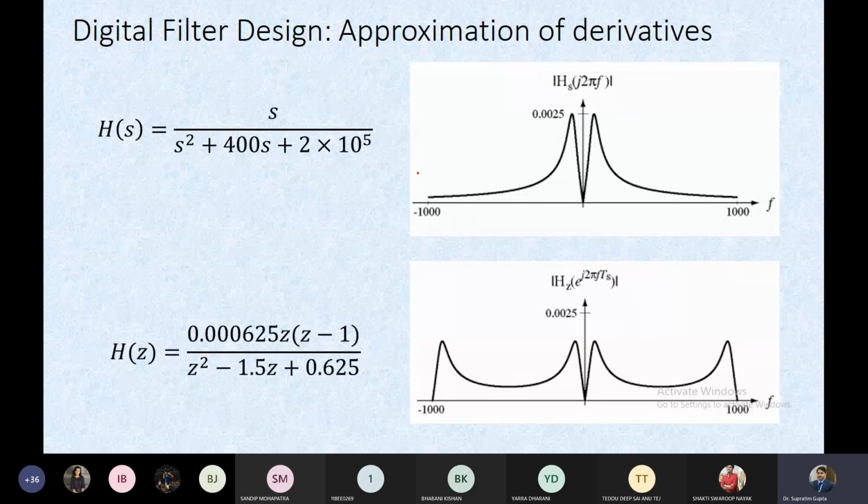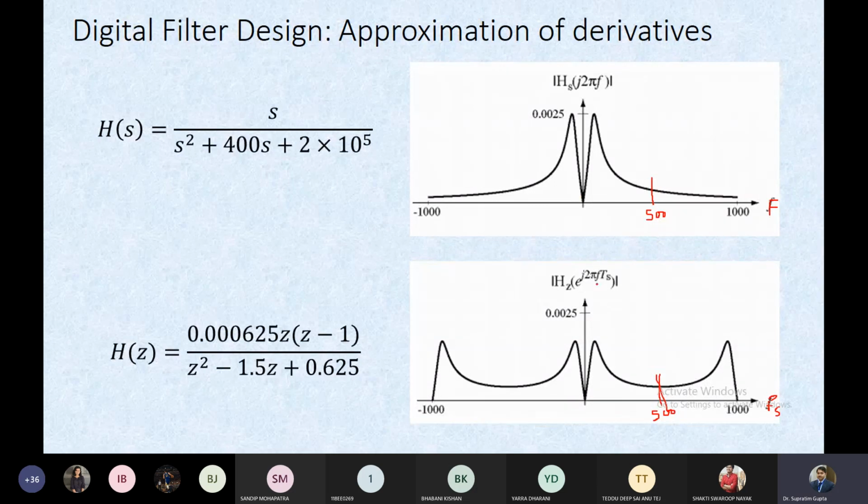So this is H(s) available in analog frequency. This should be analog frequency, and this is also shown with analog frequency, right? And the valid frequency range is up to 500 hertz, because 1 kilohertz is the sampling frequency. Now what you can find is that up to 500 hertz